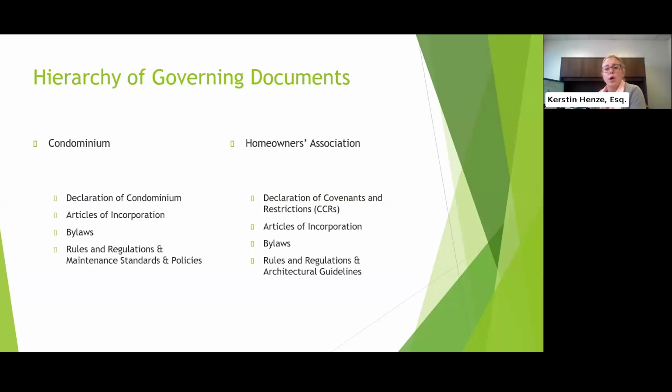Now, your articles of incorporation and your bylaws are the documents that essentially set out the corporate structure of the association. As you're all aware, the association is a corporation that's not for profit. And so the articles of incorporation is the document that was necessary to establish the entity. In the state of Florida, the articles of incorporation are filed with the Division of Corporation in Tallahassee.